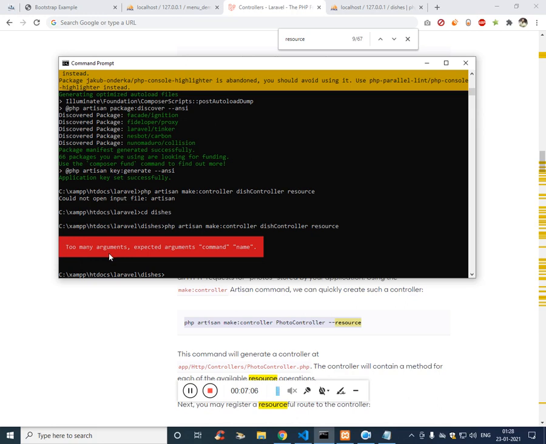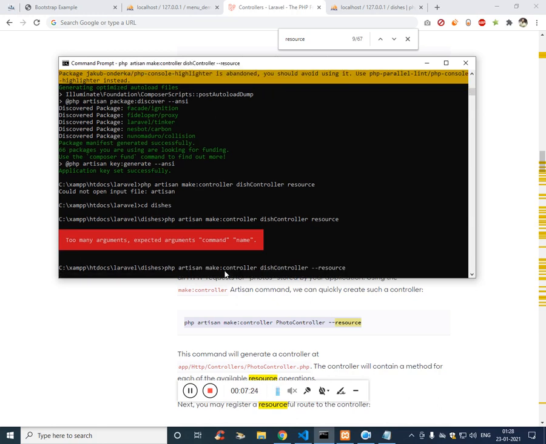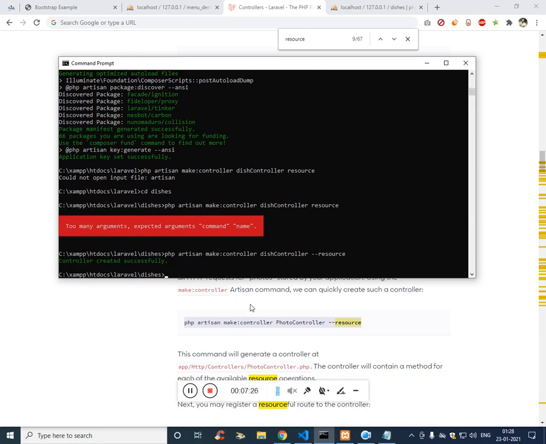Too many arguments. php artisan make:controller DishController --resource. Just click enter. It says controller created successfully.